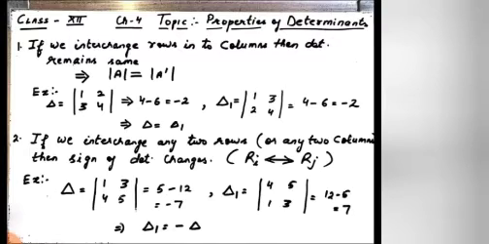Now, for example, suppose we have a determinant of a 2 cross 2 order matrix and the answer is -7, and in delta 1 we interchange the first and second row, means our second row becomes the first row and the first row becomes the second row. So in this case if we calculate the determinant then the answer is 7. So earlier the answer is -7, now the answer is 7, that is, the determinant is multiplied by a negative sign. So if in any question we want to interchange any two columns, again the determinant will be multiplied by a negative sign.